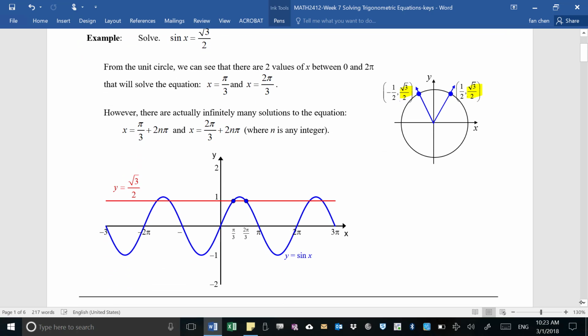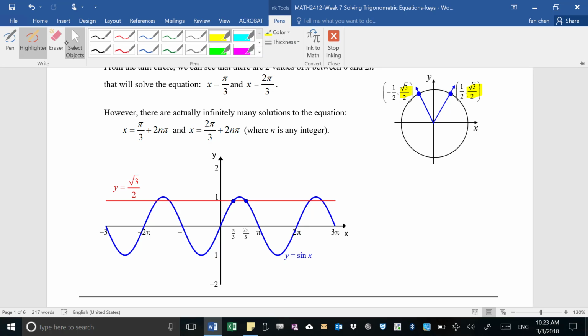Just like the way we have seen on the screen, the blue line is the sine function, and the red line is where y equals square root of 3 over 2. And you can tell that,